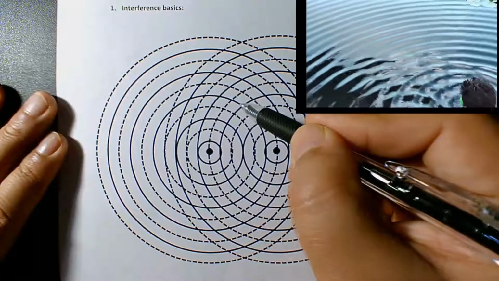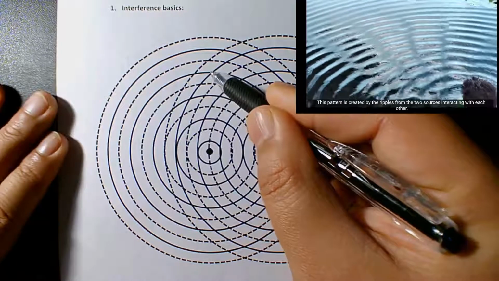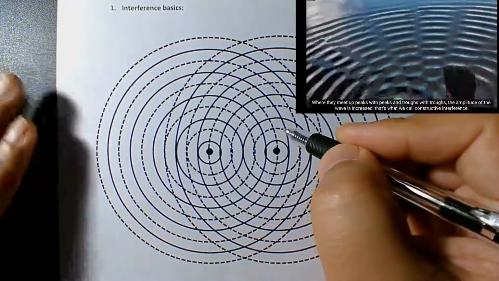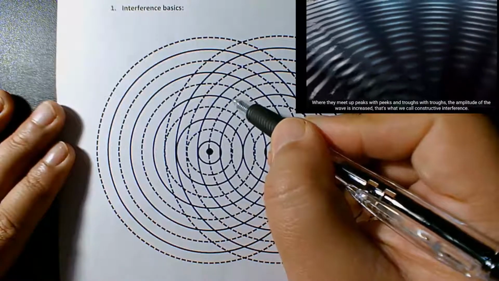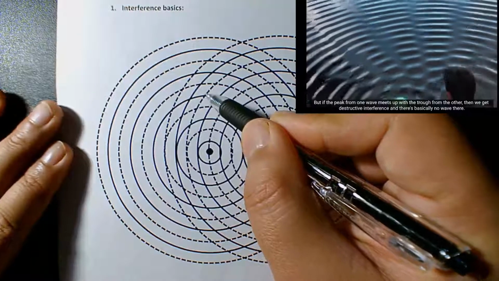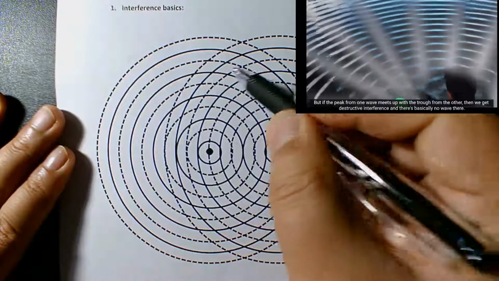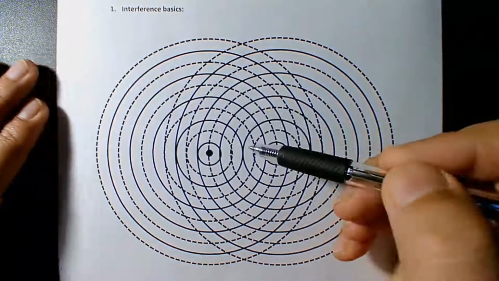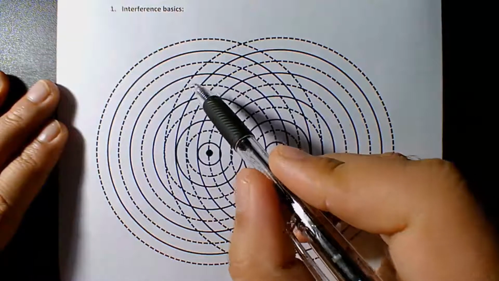If they superpose in phase, then at that point you will get constructive interference. So for example, solid circle meets with solid circle, these are the points with constructive interference. However, if the crest meets with trough, for example right here, then they meet out of phase. So these are the points for destructive interference. And then you will see an interesting interference pattern with constructive and